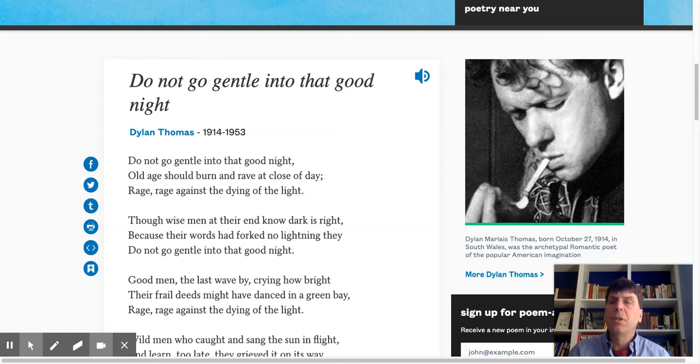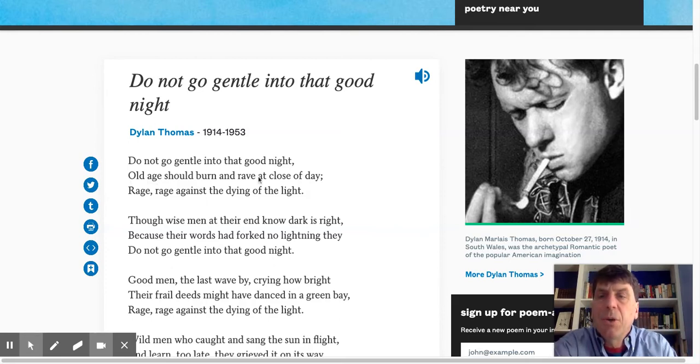So, right off the bat, to try to figure out what's happening, I find some alliteration in the first line. Right here, it says "go gentle good." Those G sounds. It's sort of a soft G sound, but it's also a G sound. It's got an edge to it. G, g, g. It's got sort of a bouncy sound to it. The alliteration kind of makes you feel like you're bumping into something.